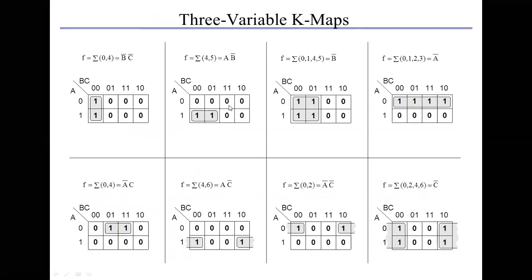The example shown here is with a three-variable K-map. The variables are A, B and C. Since the variables are three, the relationship between the K-map and the number of boxes is given as 2 raised to n, where n stands for the number of variables. Since here n is equal to 3, there will be 2 raised to 3, equal to 8 boxes in the Karnaugh map. So we can see here 1, 2, 3, 4, 5, 6, 7, 8 boxes in the Karnaugh map.